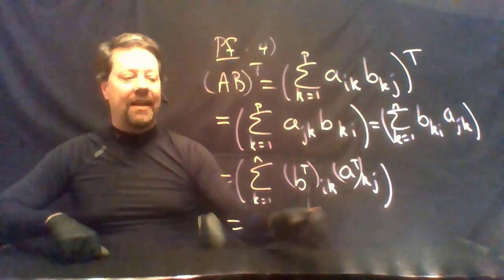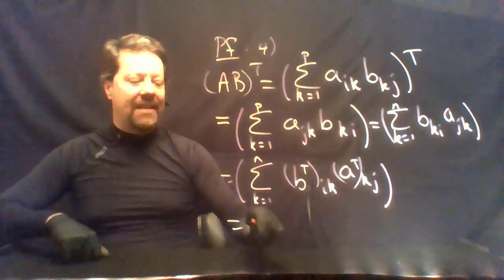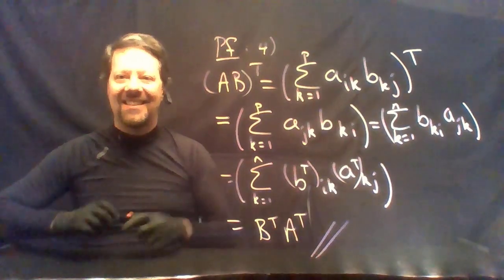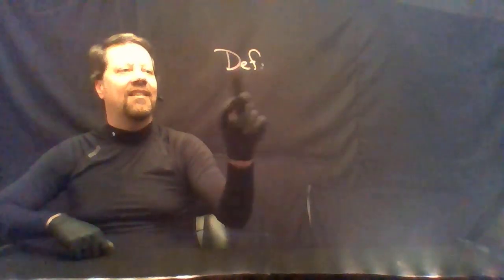Now it is set up like the product of B transpose A transpose. And that is the end of the proof. Note,